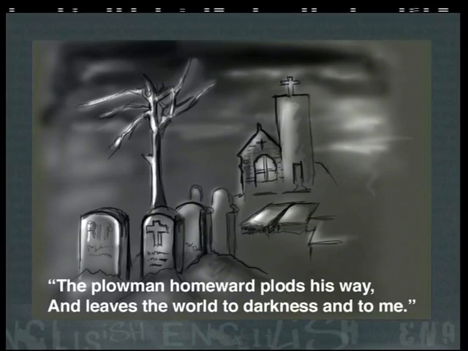An elegy frequently causes its listeners to think deeply about his or her own life and the importance of special people. Now let's look at 2 lines from a well-known elegy, just to give you a better idea of the mood of this type of poem. These lines are from the poem Elegy Written in a Country Churchyard by Thomas Gray. The ploughman homeward plods his way and leaves the world to darkness and to me.